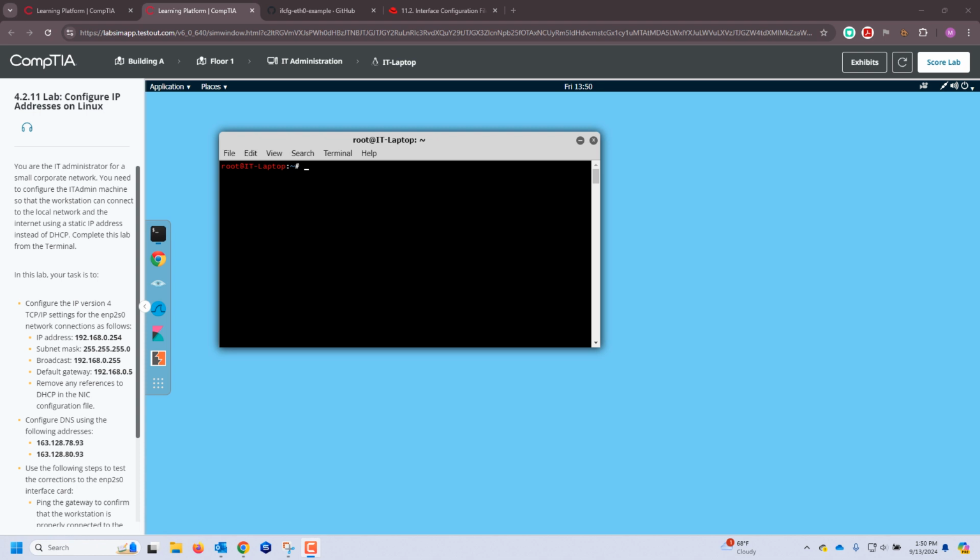The company forgot to provide instructions on how to complete 4.2.11, configuring the IP addresses on a Linux system. So I'm going to go over that in case anybody wants to do this lab and get it graded correctly. You'll open up a terminal window when the lab starts. You'll need to change directory, so we'll do cd space /etc